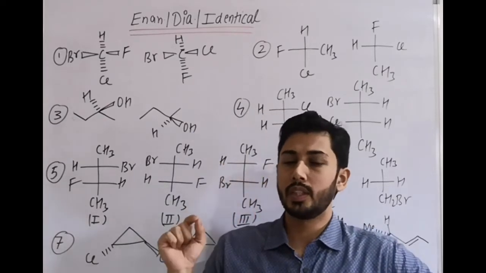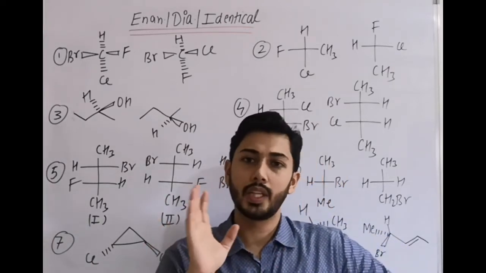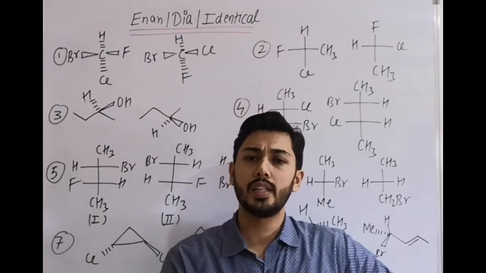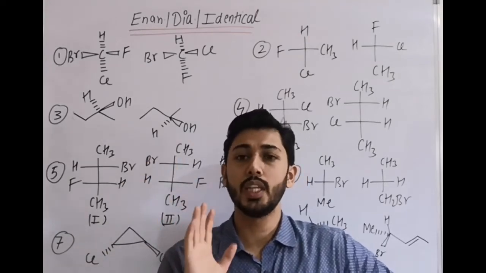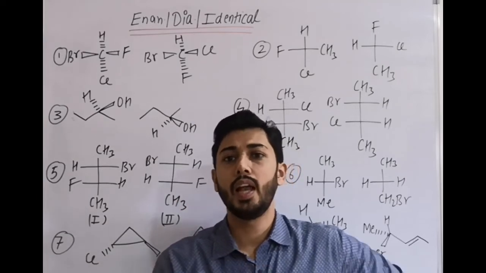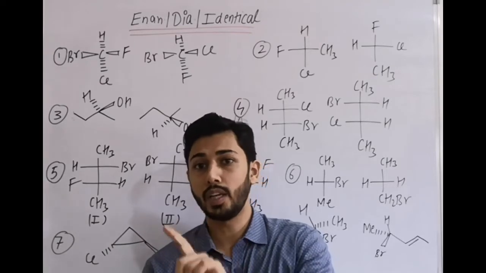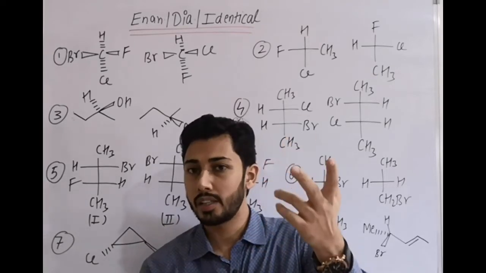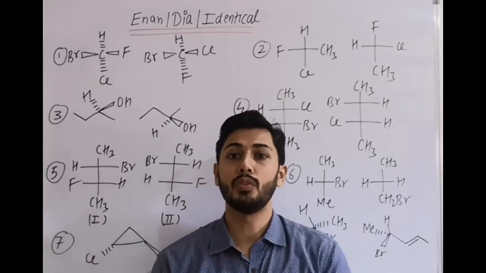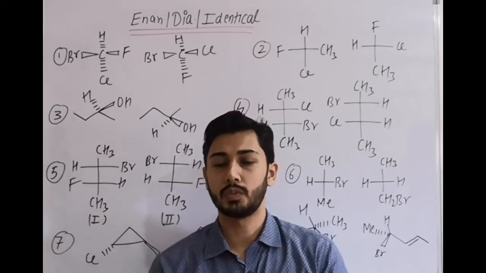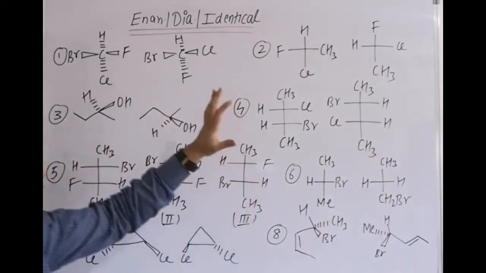So to solve these examples, we will use the point: for each chiral center if opposite configuration, enantiomer. For each chiral center, if another molecule has the same configuration, they are identical compounds. And for at least one chiral center, if same configuration, I am saying if there are two or more chiral centers present, and for at least one center same configuration is there, they are diastereomers. We will use this point in these examples. Okay, you can try these examples.